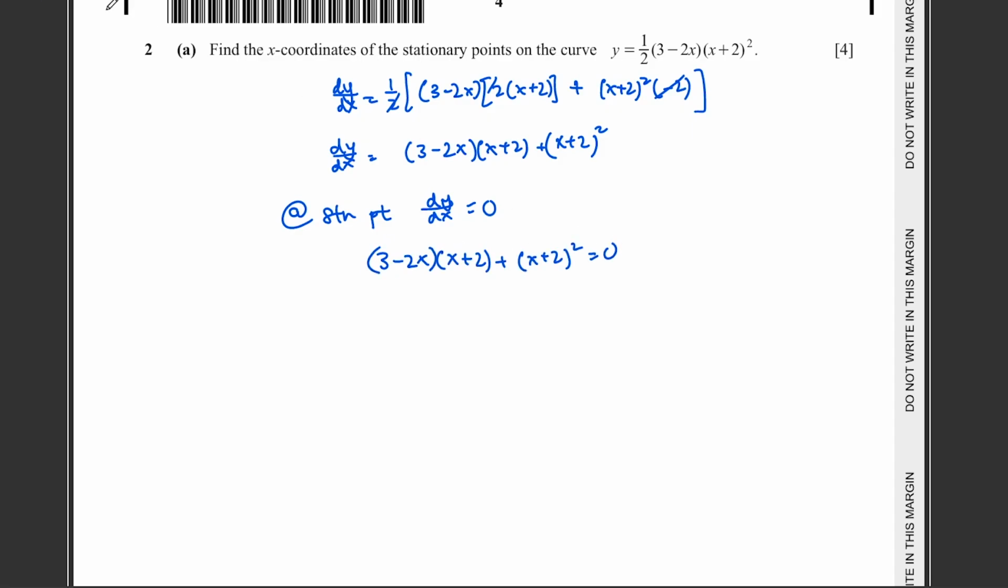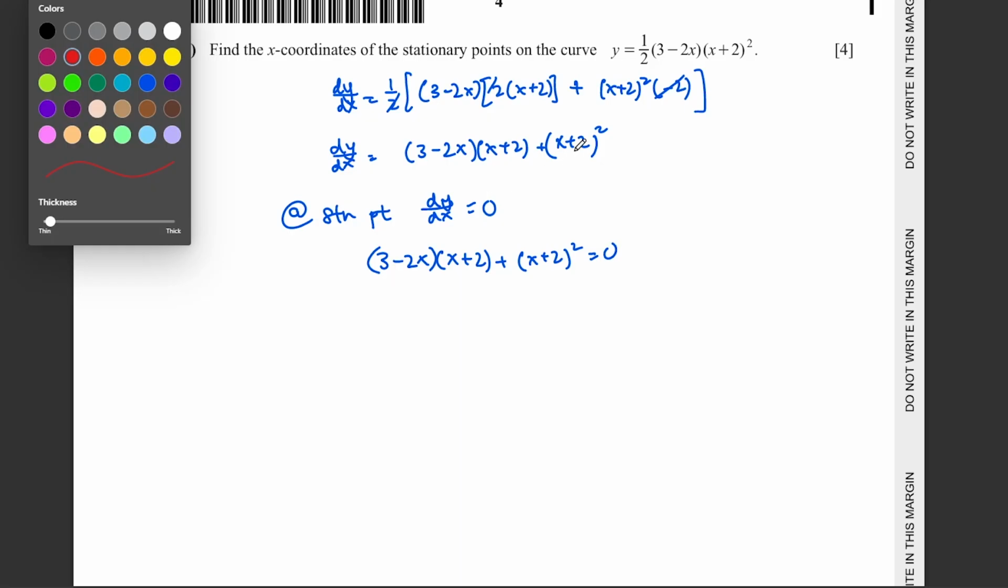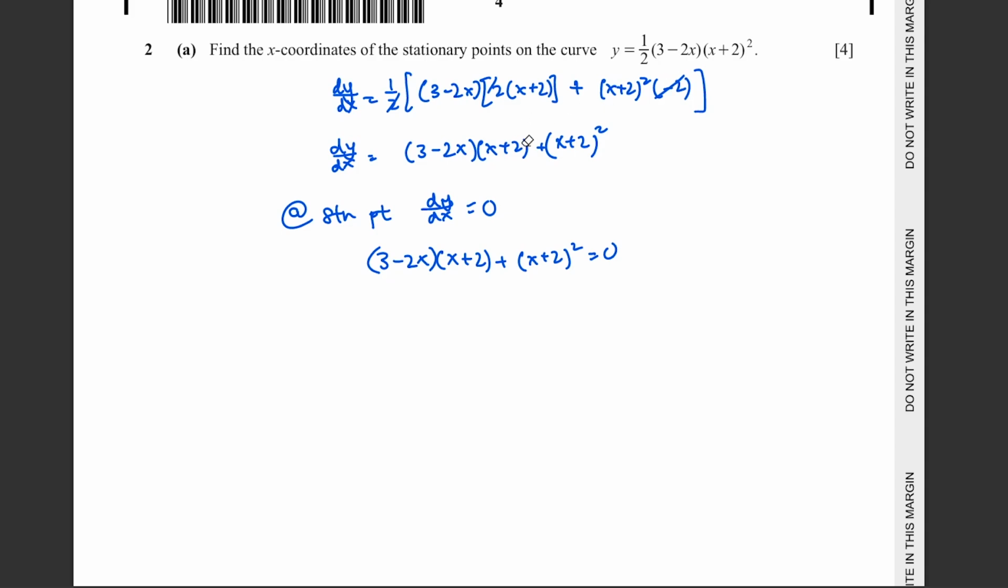Now, the mistake a lot of people will tend to make here, oh, I think I made a mistake. Before this, this negative 2 I cancelled out, but there should still be the negative here, right? So this will also be a negative. Okay. As I was saying, the mistake a lot of people will tend to make is